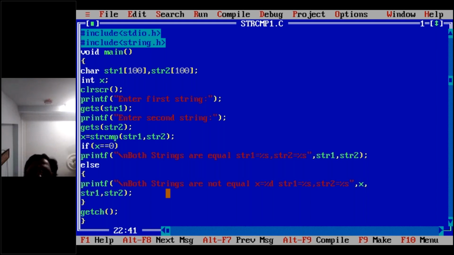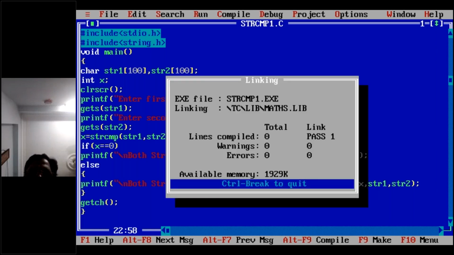So what is the final value here? The ASCII value of this, then I'm going to take the x value also, the ASCII value of x after the comparison process.